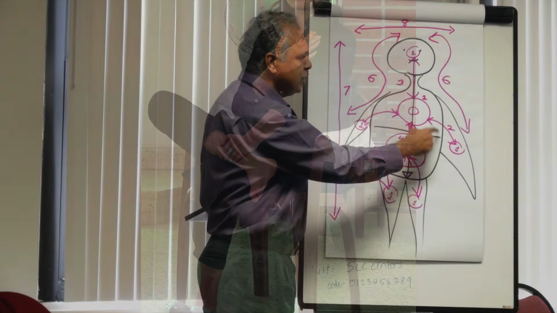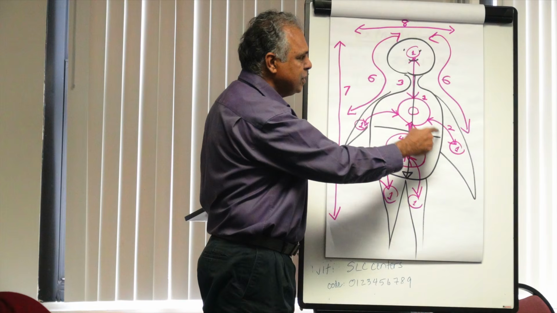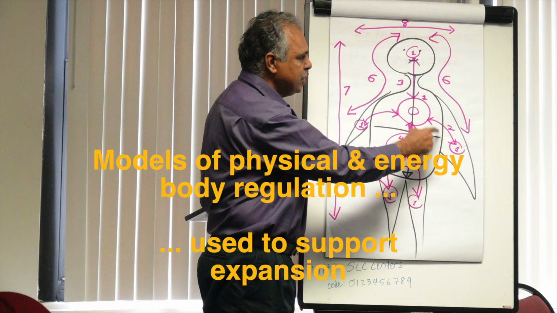And then when we expand the body or energy by working with body defenses, brain defenses, or energy defenses, what can happen is that we can expand the body or energy in such a way that the emotional experience is more dysregulated, more painful, etc. Or we can do it in such a way, by using a model of physical body regulation or a model of energy body regulation, that the experience of the emotion, as we work with brain, body, or energy defenses to make the emotion more available,